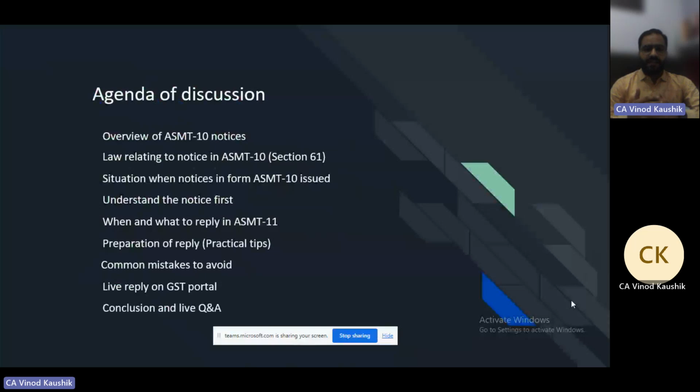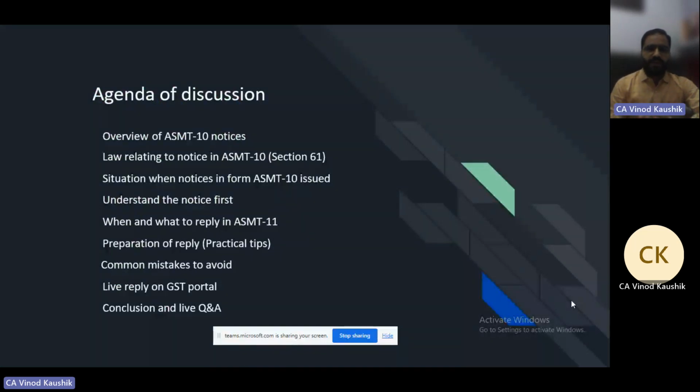So our agenda for the next 30 minutes shall be to take the overview of ASMT 10 notices. Secondly, we are going to discuss the law relating to notices in ASMT 10. That is, we are going to discuss section 61, which is very important to understand word by word. Thirdly, we are going to